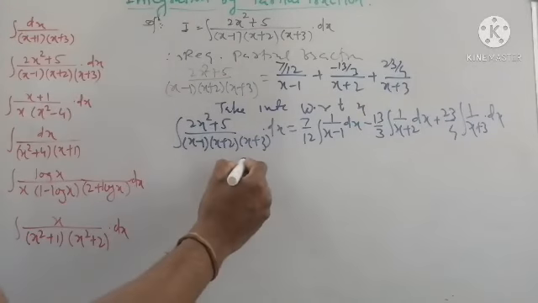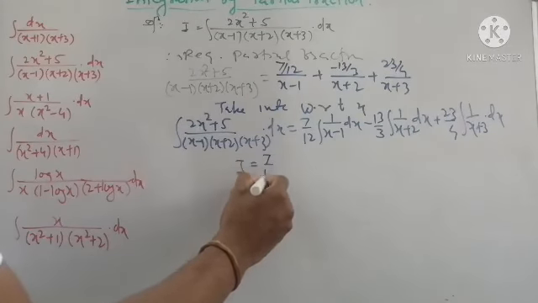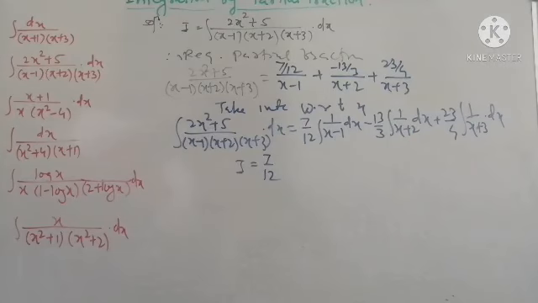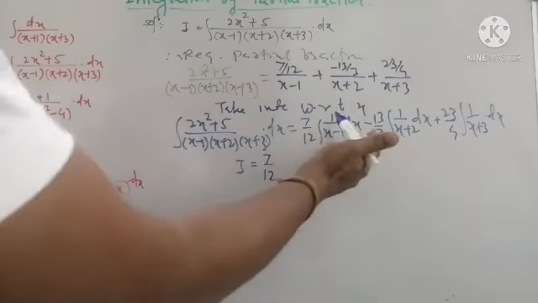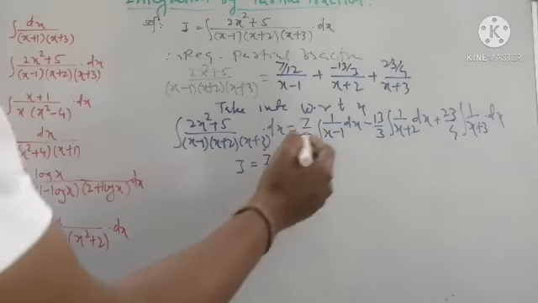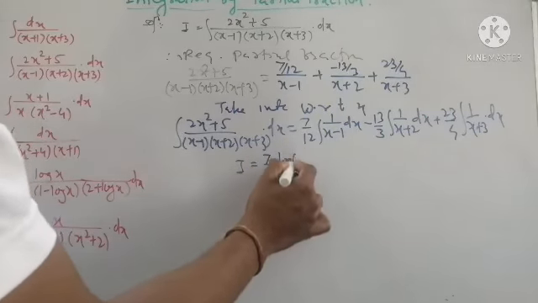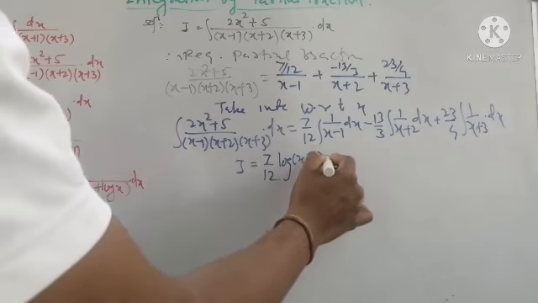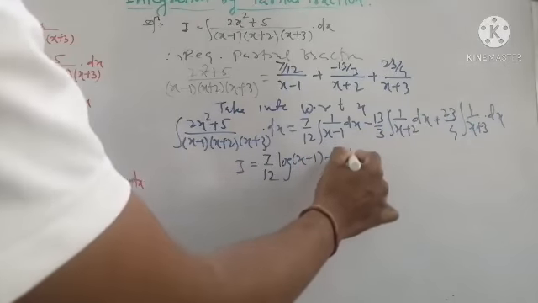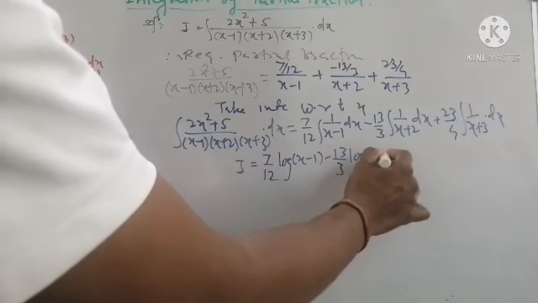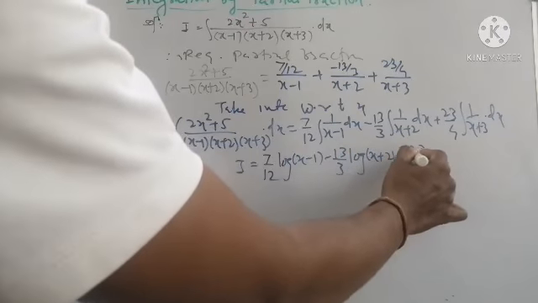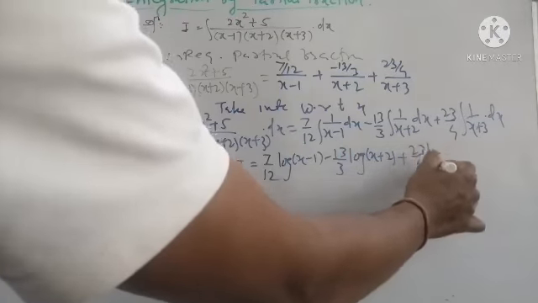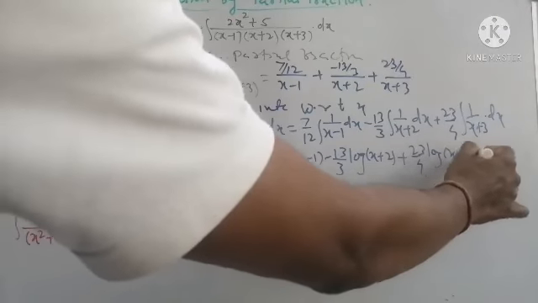So on the left hand side we get I, and on the right hand side there are simple integrals in the form of 1 upon ax plus b, whose integration is log of ax plus b divided by the coefficient of x. In the first term, as a linear term having coefficient of x 1, its integration will be log of the linear term x minus 1. Minus 13 by 3 is a constant. Next integration is the log of x plus 2, and plus in the last integral we get log of x plus 3, and we have to put plus c.